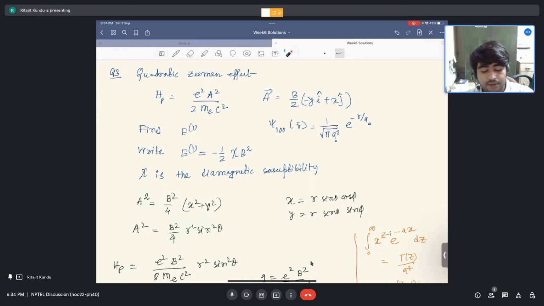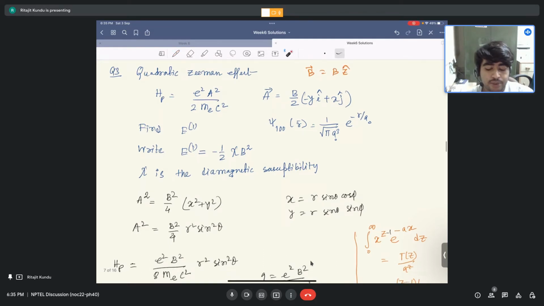So you can calculate, for a constant B in, let's say, the z direction, what is the vector potential that we have to use. You will see that this is not a unique definition, but this is something called a symmetric choice of the vector potential. You can do with different things, but for different kinds of calculation, or if you are